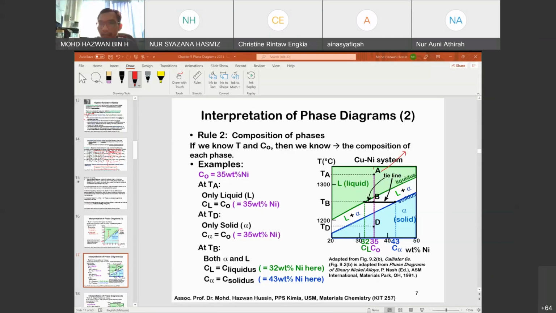Right, so Aina Ifah, what will be the phase for point A? Liquid. Liquid, okay, right, good. So liquid,